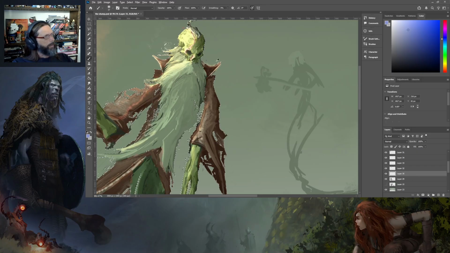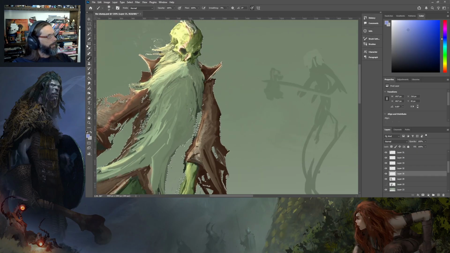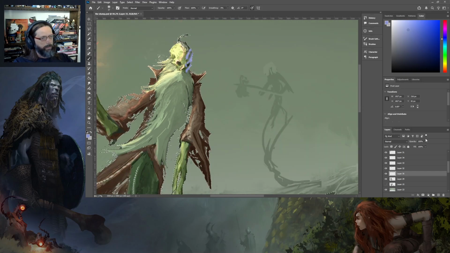So I'll jump back here. Play with it a bit. Always go heavy-handed, and then you can